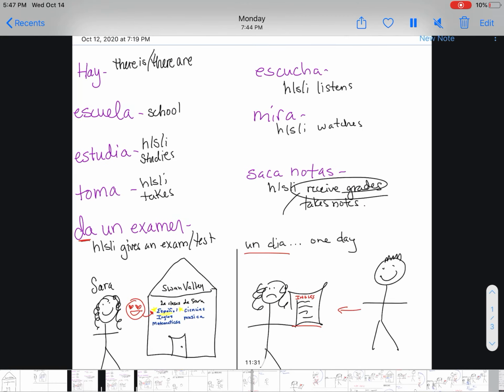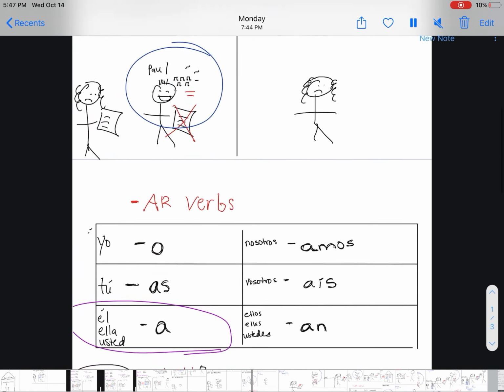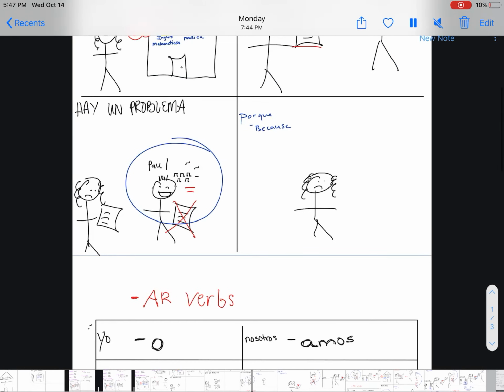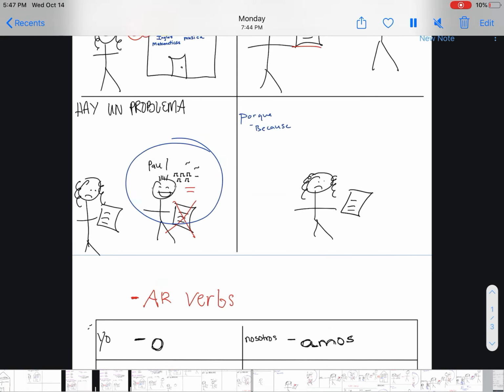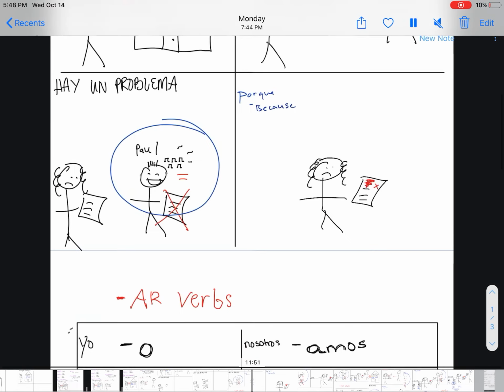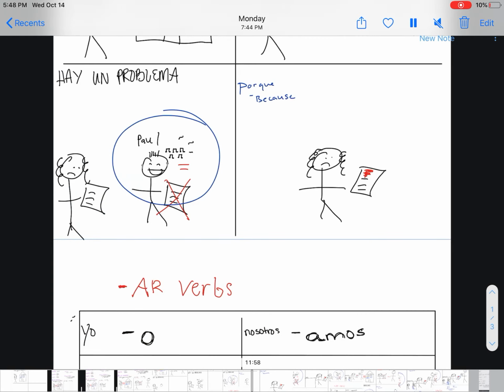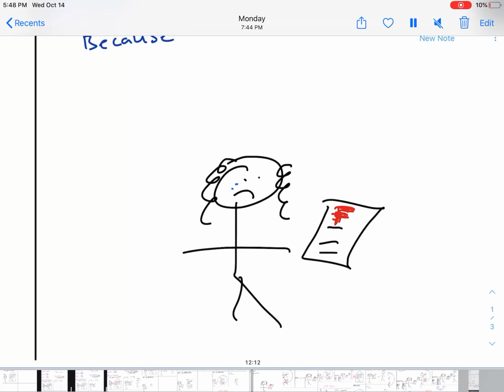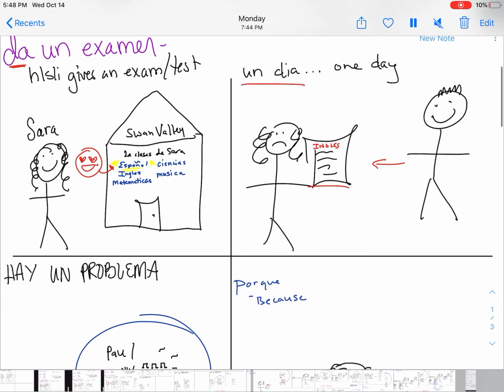So Paul canta y Sarah mira Paul y Sarah saca notas malas en el examen. Es un F. So Sarah está triste